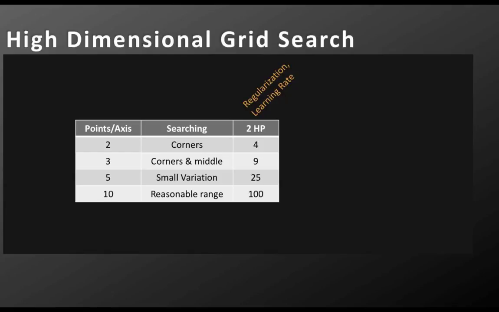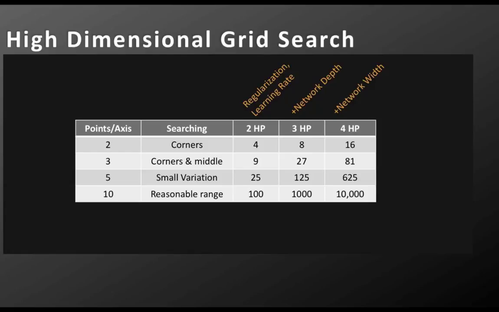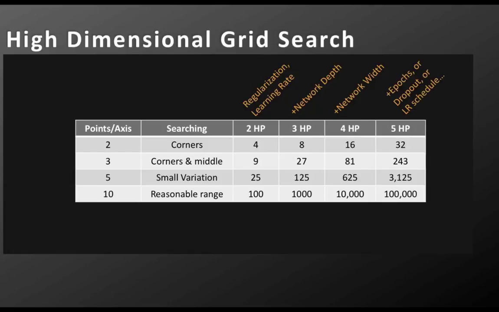these 2 hyperparameters. Now, let's say you add a 3rd hyperparameter, like the depth of the network. Now, to get a reasonable range, we're up to 1,000 training jobs. If we add another hyperparameter, like the width of the network, we could jump up to 10,000 to get a reasonable range. And it's easy to come up with 5 or more hyperparameters that you might want to tune. And you can see that the space of configurations that you might want to try explodes exponentially based on the number of different hyperparameters you want to tune and how fine-grained you want to be in searching each of these possible hyperparameters you're tuning. And this is one example of a common problem in machine learning called the curse of